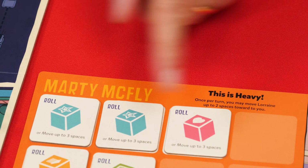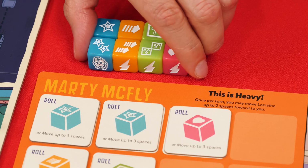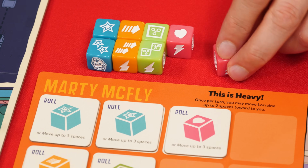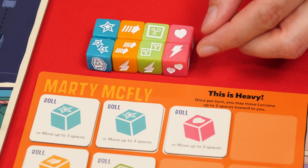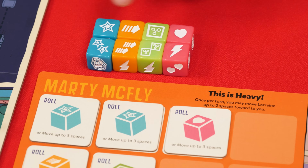No matter how many ability tiles you end up flipping over during a challenge, you may never roll more dice than the amount that are provided in the game. In other words, at most I could roll 2 of each color, which would be a total of 8 dice. Each die has a variety of symbols that can help in challenges, and each color is better at providing certain ones. However, all of the dice have 2 sides that show a lightning bolt, and this can represent any of the other 4 challenge symbols known as courage, speed, knowledge, and love,